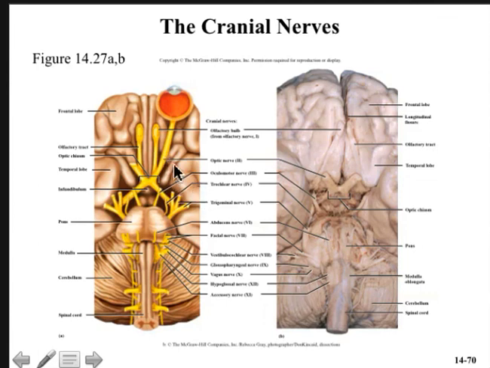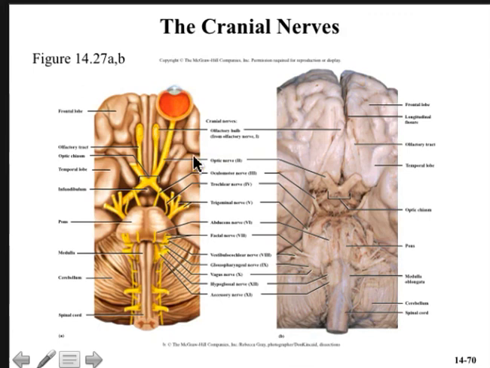So olfactory nerve, cranial nerve 1 being the most rostral, okay, and the hypoglossal nerve, cranial nerve 12, being the most caudal. So if you look at figure 14.27, you can see the locations of these nerves, how they're numbered,